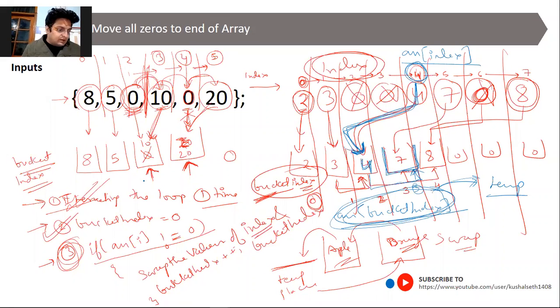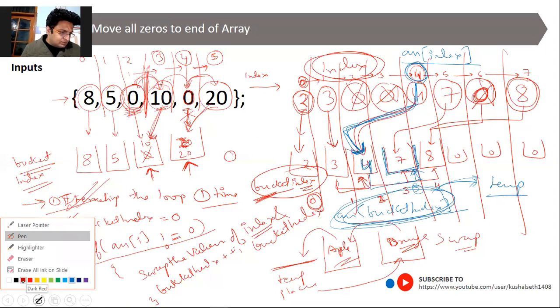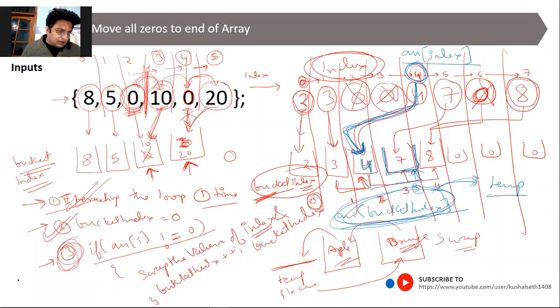Let me change the pen again. Yes, let me take black. Just now what we did, we took the two. I think we should override on this instead of creating it on a new page. Otherwise I could have done it on a blank page, but I think it's better. That's why I've changed the color of the pen.